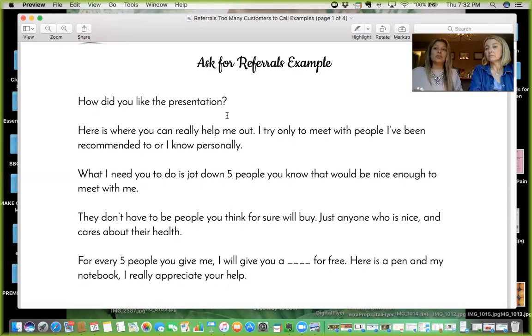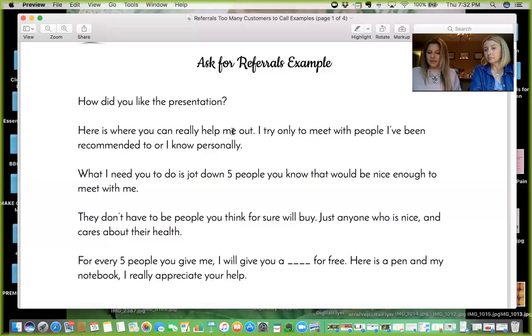They might not give you 5. If you ask for 5, they're gonna give you less. They're gonna give you 2 or 3. So maybe you wanna ask for 10. And you say, for the first 5, I give you this. For the next 5, I give you that. And so that gives them an option. Absolutely. Okay.